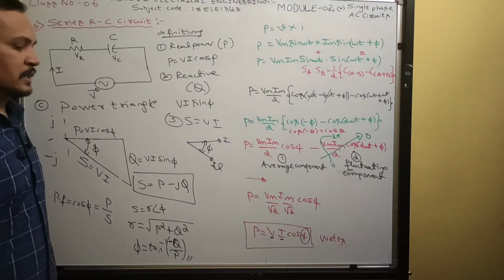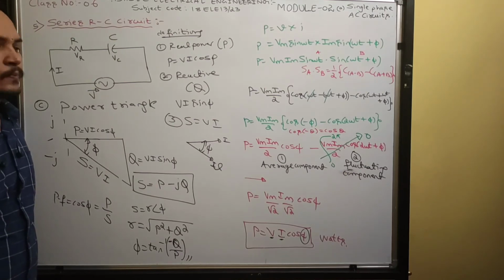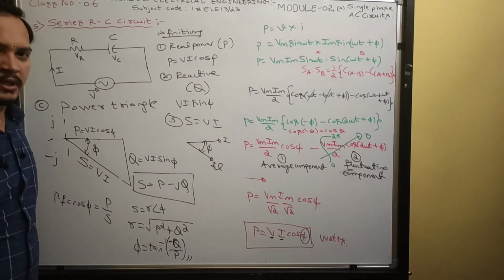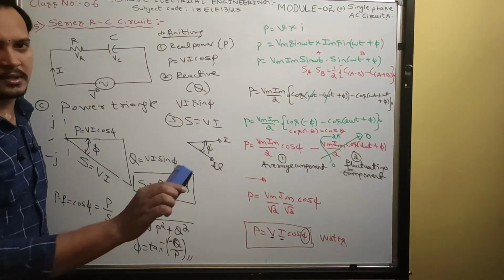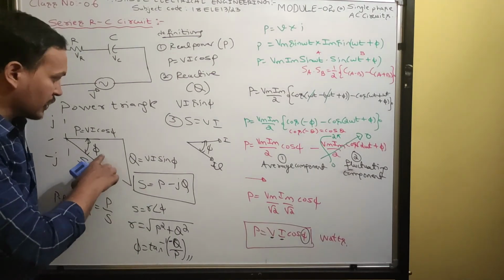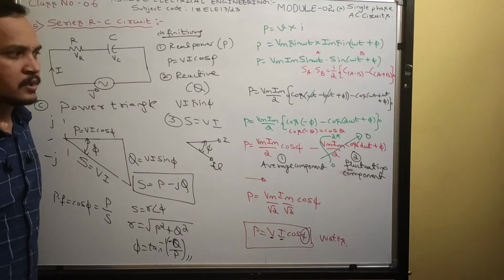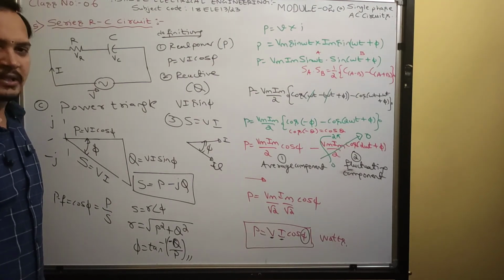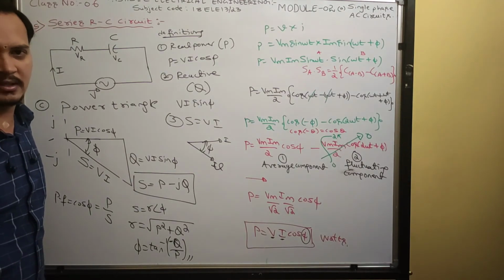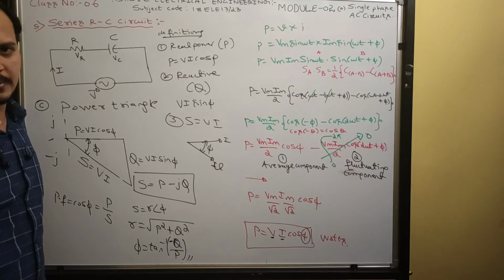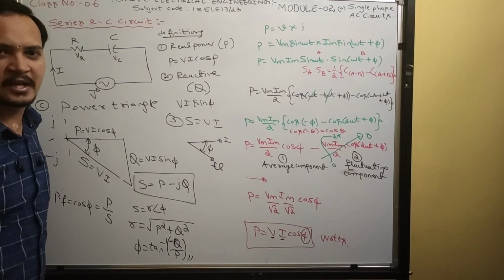So guys, this completes the series RC circuit. If they ask a theory question on this topic, 100% they will ask this derivation only. Other than that, they won't ask anything. But all these technical terms are very much required for solving problems. If you study all this theory very well, the problems will be very simple. You can do them with a lot of confidence, and you will get full marks in problems. You can score electrical 100 by 100 only if you do problems correctly.